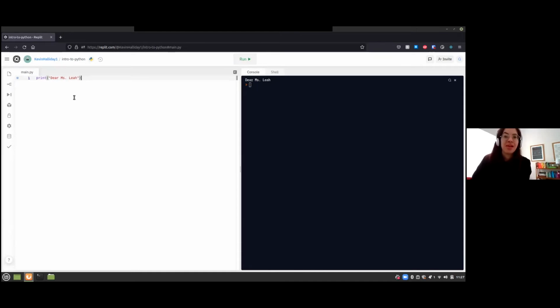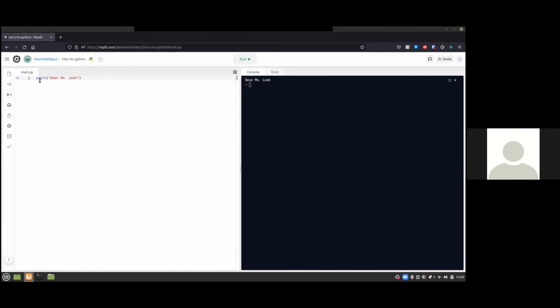Great. And the action we're going to take on this data is outside of the data itself, right? So we say print, and that's the action we want to do. And then Python says, okay, well, what should I print for you? And then we have to say, here's my data, and I'm going to start my data with a little quote. Because otherwise, Python will think all these words are more actions I should be taking. But really, they're just our words. And in Python, we call words strings. And it's a little weird, but we call it strings because it's like a string of letters or a string of characters, say.